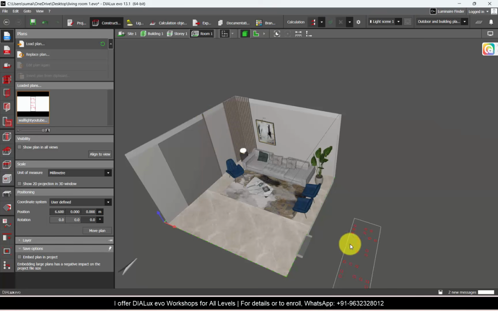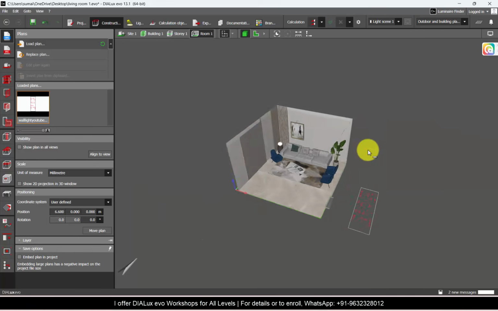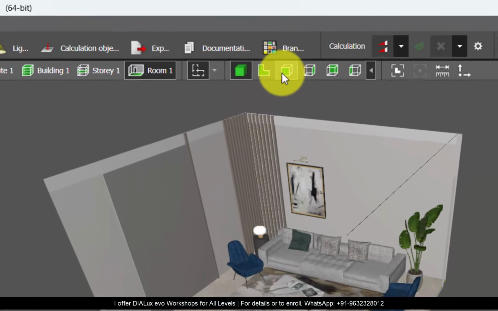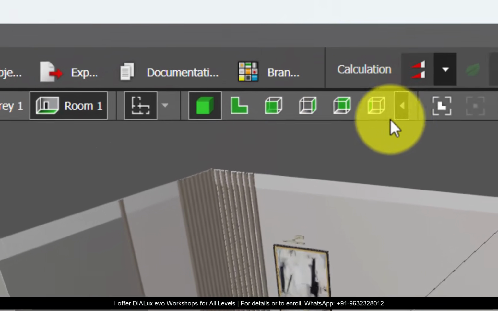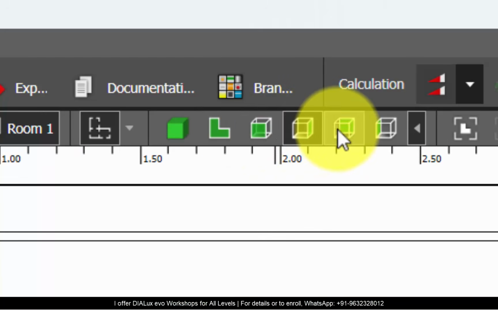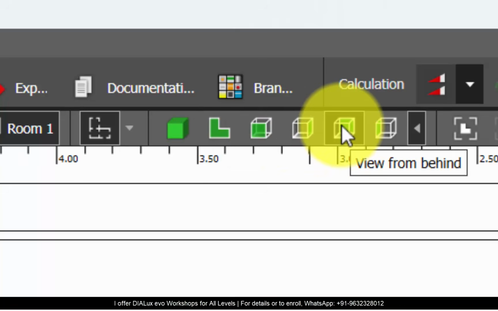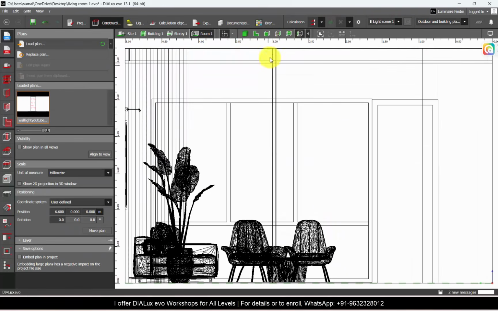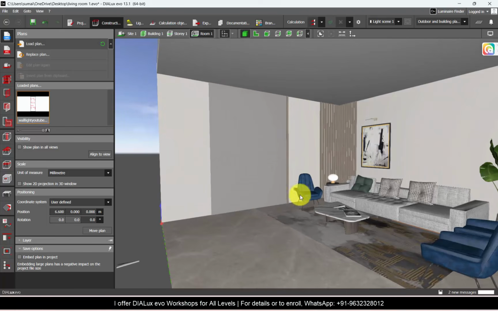So for that you need to position this AutoCAD file here. How do you do that? Click here, you have different elevations. Okay, and this is front view, this is side view, this is the view from behind, and this is a side view. If you're feeling confused on where you need to align it, a simple trick is